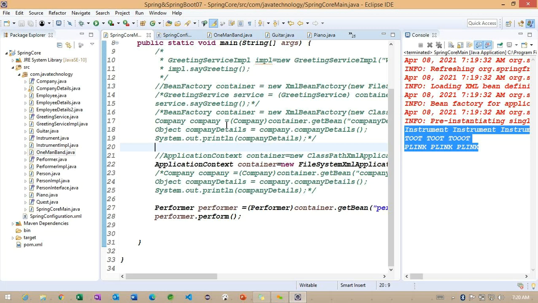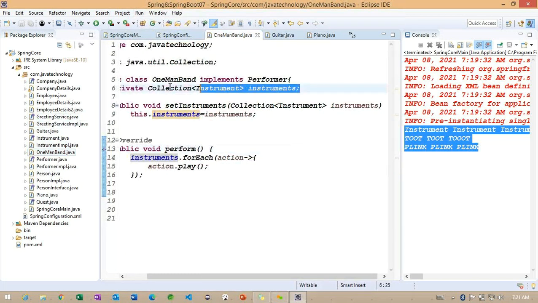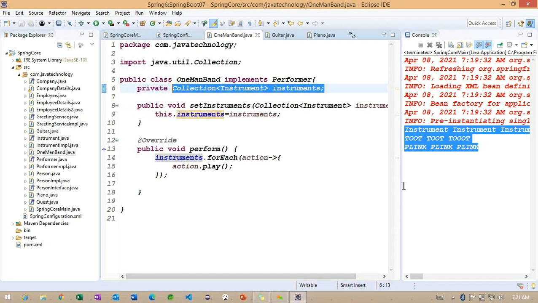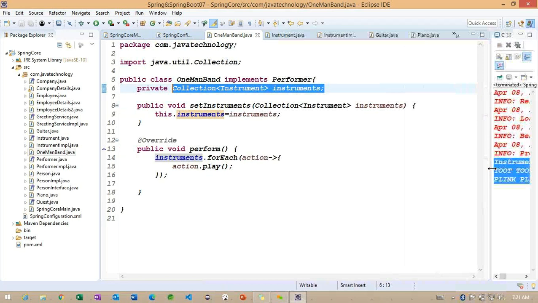A single instrument is expecting only one object here. Now you can see we are having a collection of objects, which means we are working on multiple objects, not only a single object. Because of this, we need to specify instruments here.